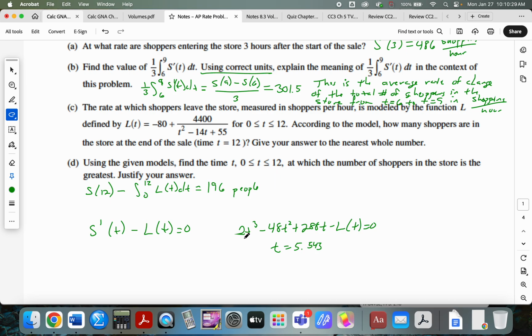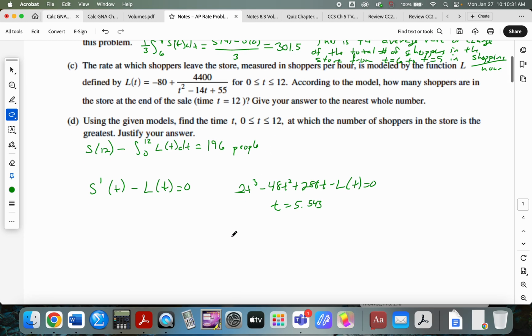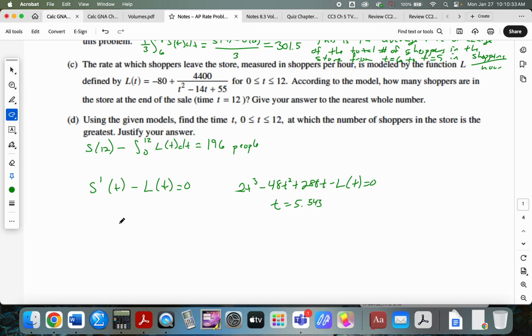And we know that at time 0, there were no people in the store. And I know at time 12, there were 196 people in the store. So at time 5.545,